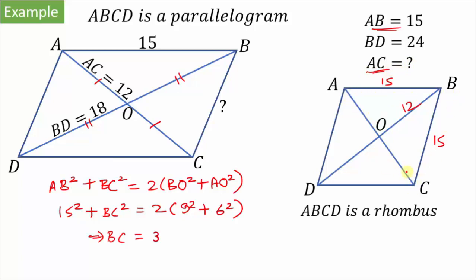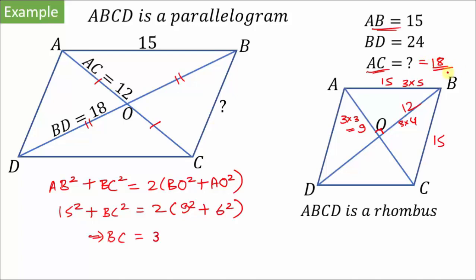But wait, why are you getting tired? In a rhombus, there is one more property that diagonals bisect each other at right angles. That's right. This triangle AOB is a right triangle, so we can directly apply Pythagoras theorem here and save time. This OB is 3 times 4 and AB is 3 times 5. That means AO should be 3 times 3, that is 9 centimeter, and AC is nothing but twice of AO. This is 18 centimeter, 18 units I must say.